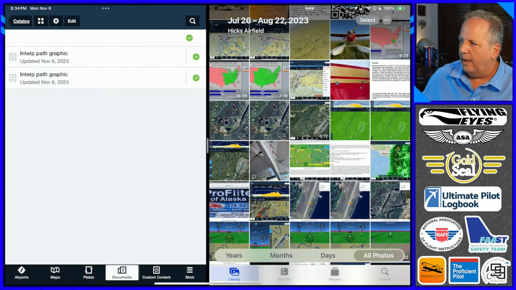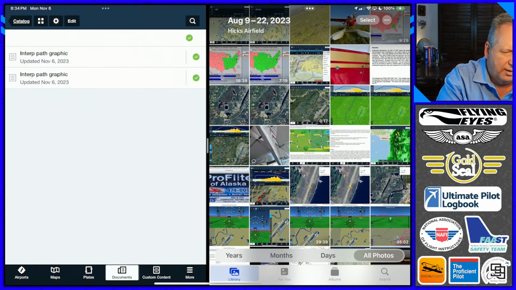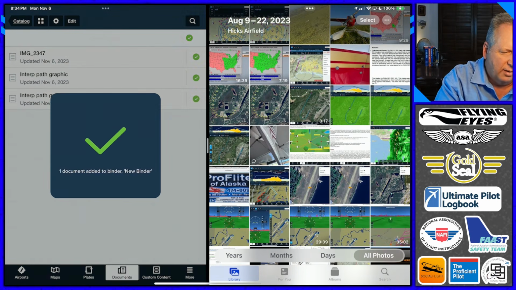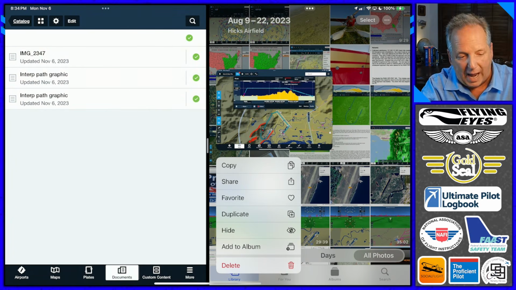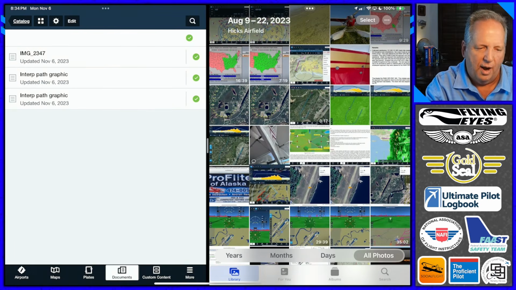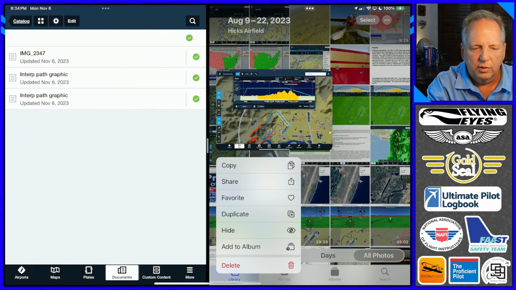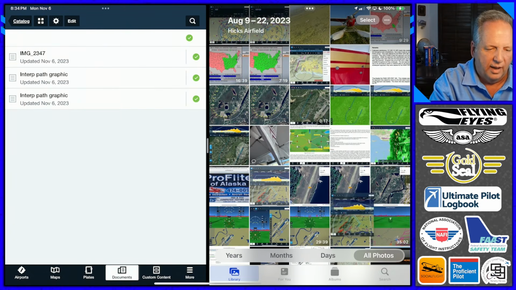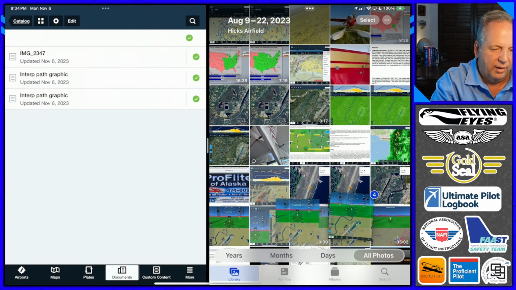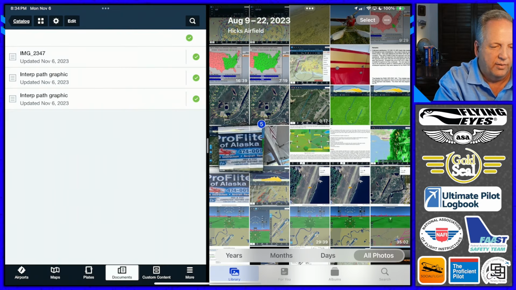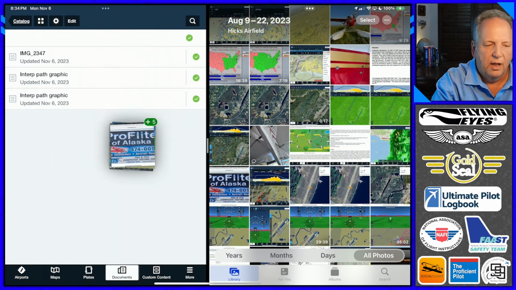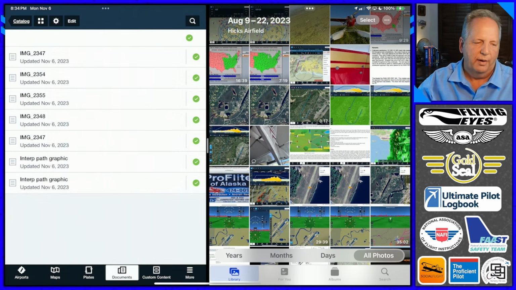So back to the iPad, if I just wanted to drop some more pictures in there, I could just grab them and drag them over, as long as the format of the app that you're using supports drag and drop. You'll notice I held this too long and I got a menu. I'm still holding my finger down, and all I got to do to get rid of that menu is keep sliding my finger away. And I can actually add by tapping on several things at a time, and it will add them all to this stack. I've got 5 things on there, and then I'm just going to continue dragging it all the way over to that binder, and there they are.